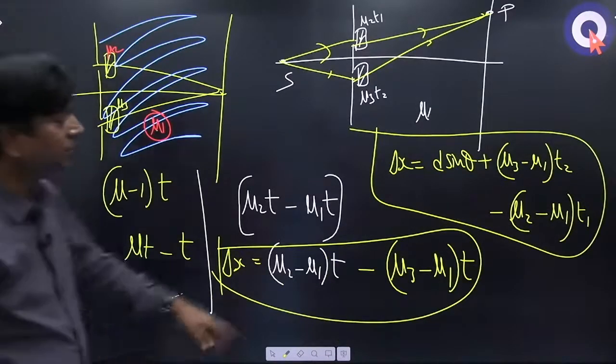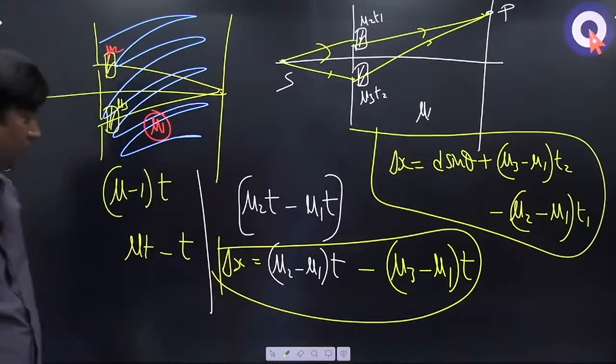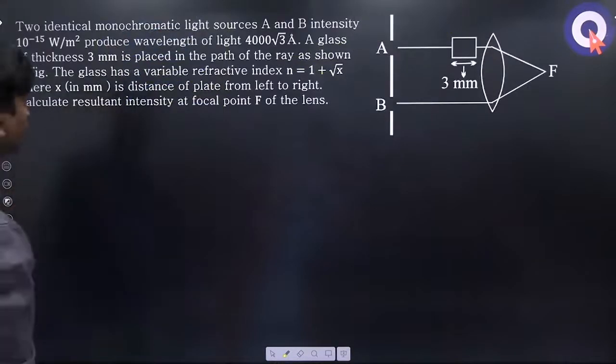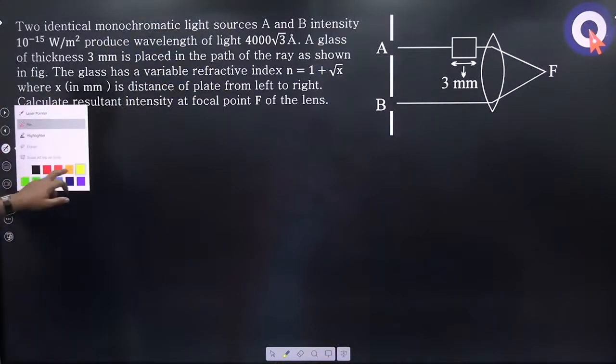Okay, next question. The main theme is this one, right? How you are taking the path differences. So next,